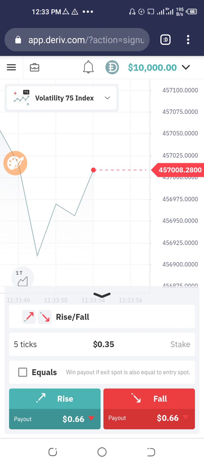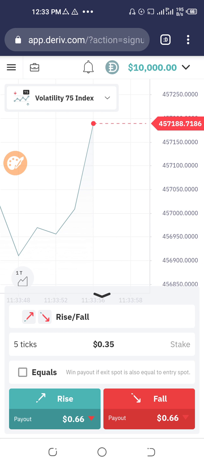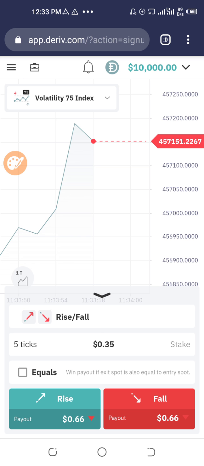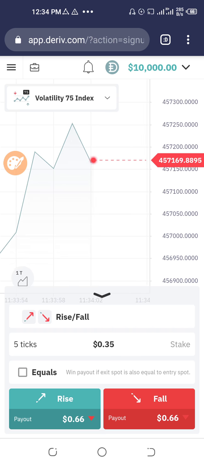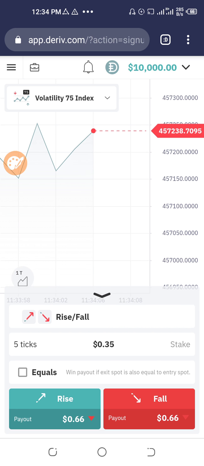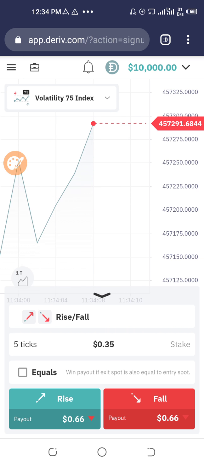Should not be more than $1. And please, you are advised to trade at least 2 or 3 times. As a matter of fact, if you follow the steps I'm putting, the least you can actually be able to put in while trading is